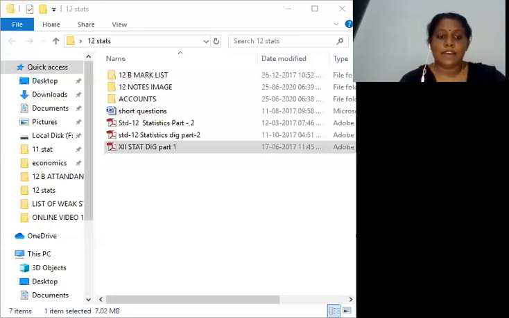Okay. Now we'll start with the first sum. So here u and v values are given. Now x minus 105. So what is the formula for u? X minus a, and here y minus 90, and the formula of v is y minus b. Now here it is said that you have to find bvu. So byx is equal to bvu, and bvu is 0.8. So therefore there is no effect of change of origin. Byx and bvu both are equal. Here it is said to find the value of bvu.